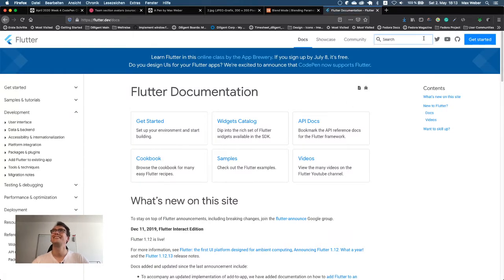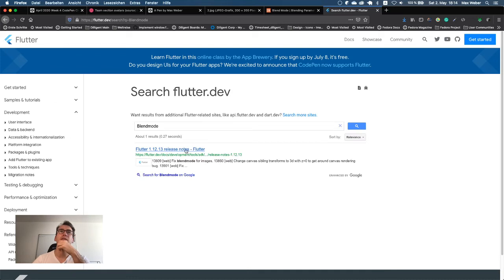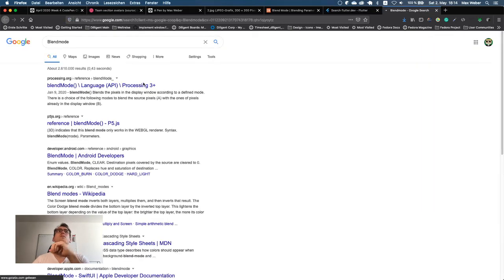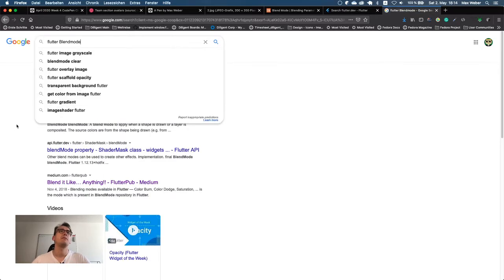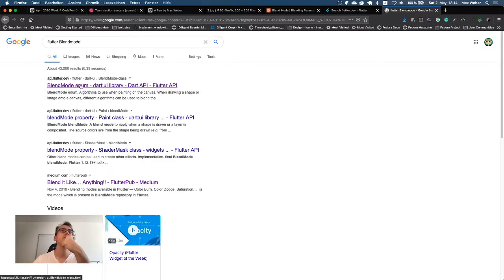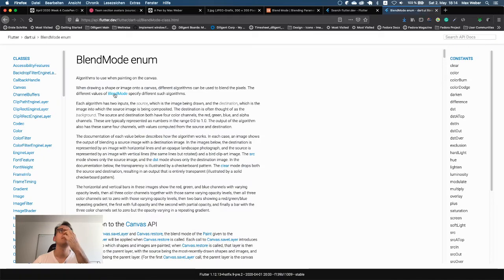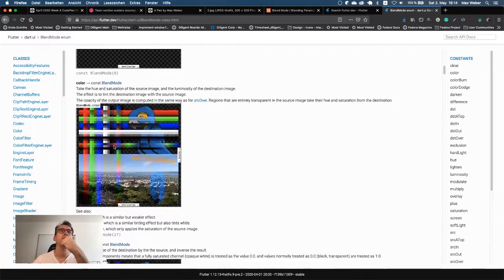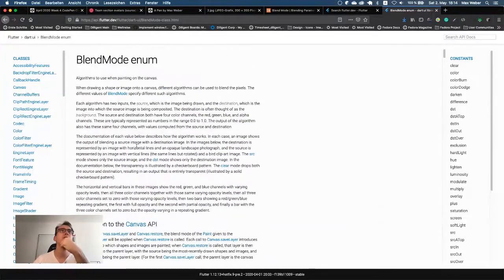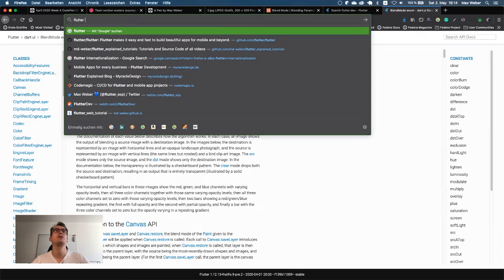And now we just search for blend mode. And usually we get a very good result, hopefully. Whoops, okay, we don't. Flutter blend mode, let's see. Okay, so we have a blend mode, but what is the Flutter image?